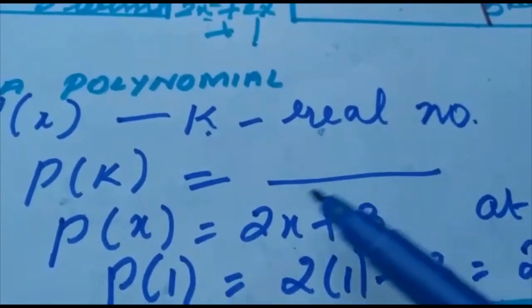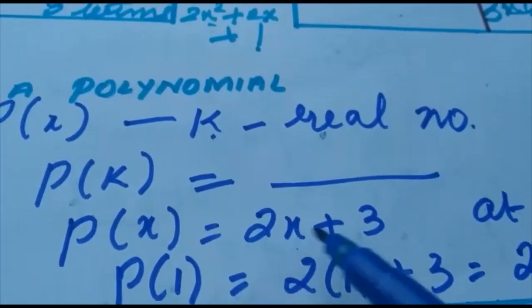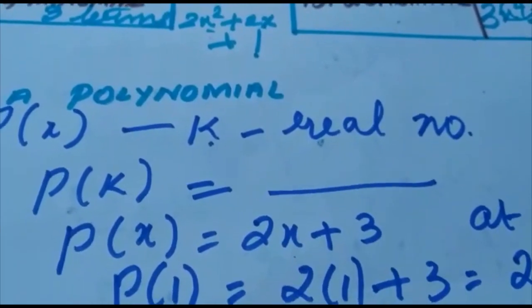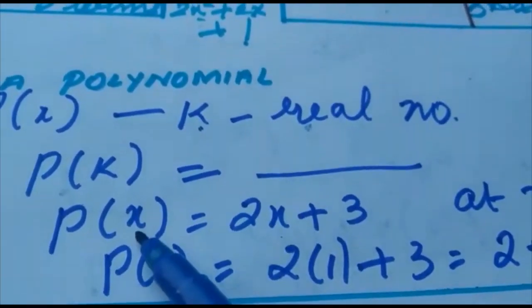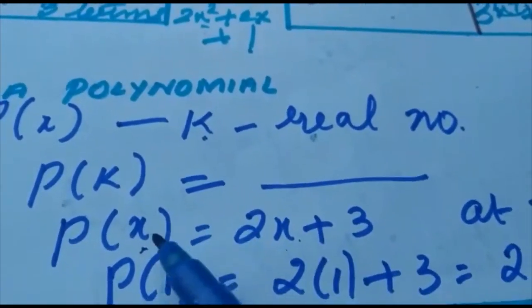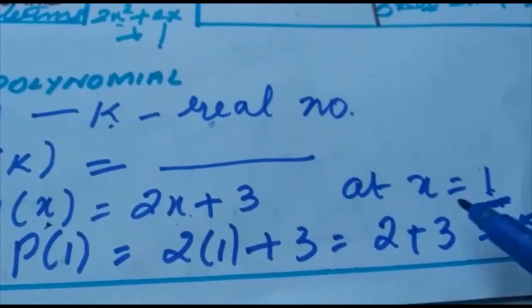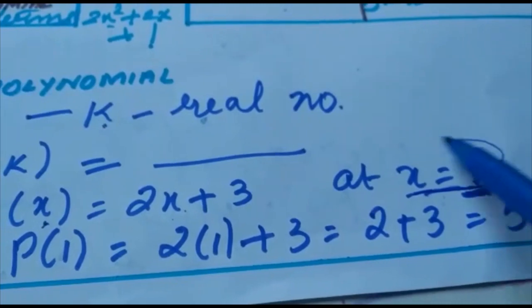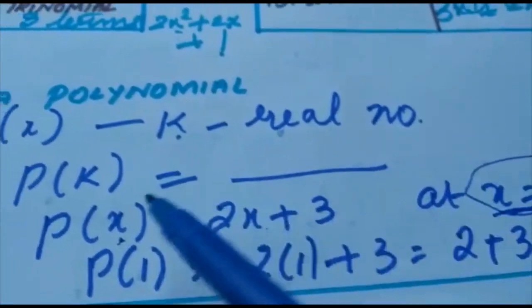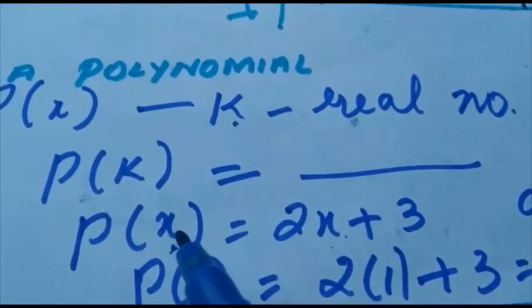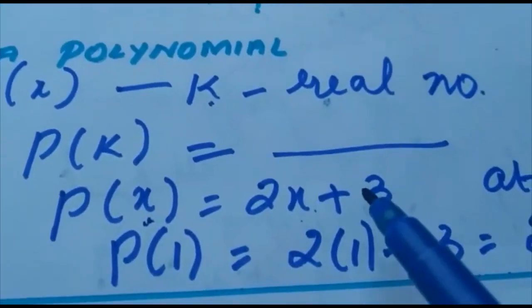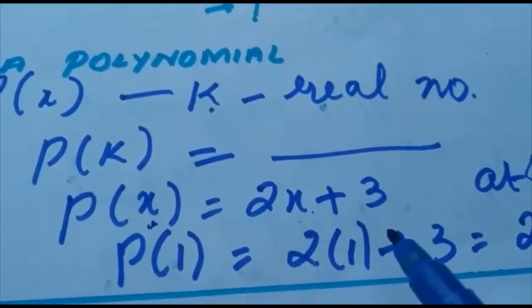The expression may be in the form of y also, z also, any variable, not only x. If it is x, you will be writing x over here. If it is y, you will be writing y over here. It may contain any variable. The same variable will be denoted over here also. That value you have to replace on the left hand side and on the right hand side.